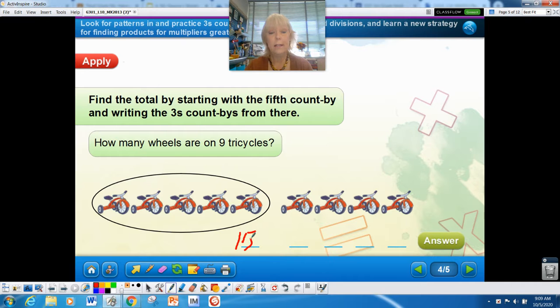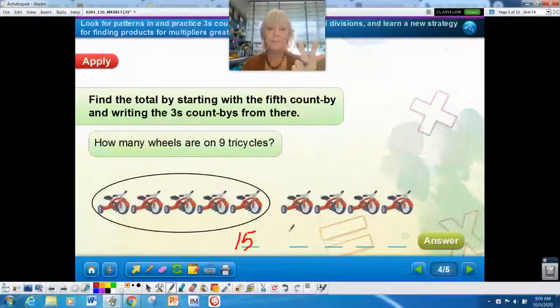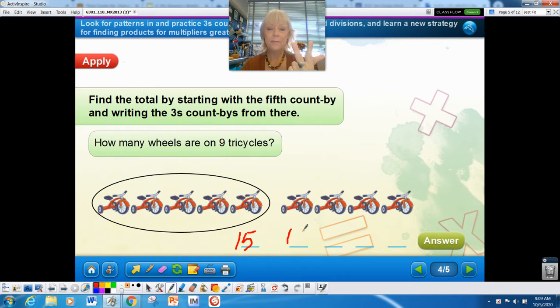If I can write that again. Okay, and then we have 1, 2, 3, 4. What we're going to do is we are going to do count bys. So we start with 15 and we're going to add 3. So 15 plus 3 will be 16, 17, 18. Okay, and then we are going to add 1, 2, 3 more to the 18. So 18, 19, 20,